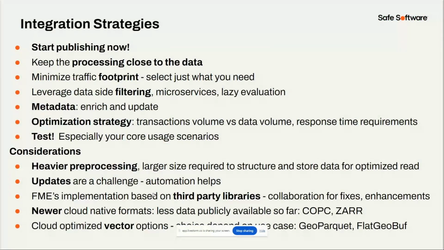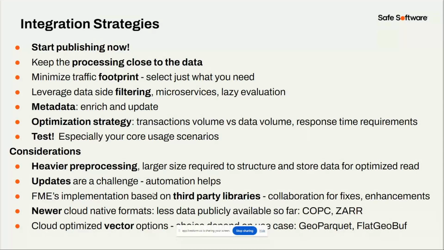I like what Chris mentioned when we were chatting yesterday, when I was asking, what are your key takeaway messages? And he's like, start publishing now. The barriers to publishing are just not what they used to be, and we need to get the data out there, exposed, making use of it. You could also say start consuming now, because there's tons of STAC and COG available, as you'll see in the resources slides from folks like NOAA and USGS and Copernicus, ESA. So there's lots of data out there that you can make use of. A lot of it's free to access.